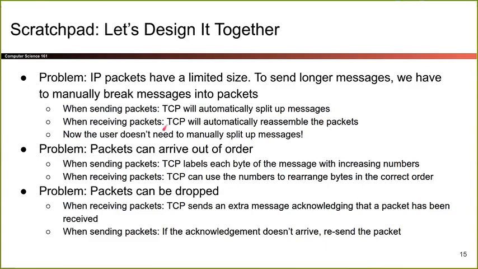Another problem we talked about is packets can arrive out of order. That's a problem. So what TCP will do is it will kind of do the natural solution, which is I'll number all my packets. And that way, if I receive a packet that's out of order, I can just rearrange it into the correct order. So one way to think of this is we've been talking about how the internet's kind of like a postal system. So maybe I have 2 packages and they have to be opened in a certain order.